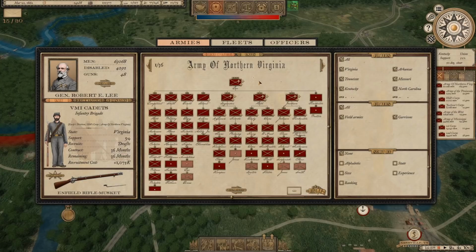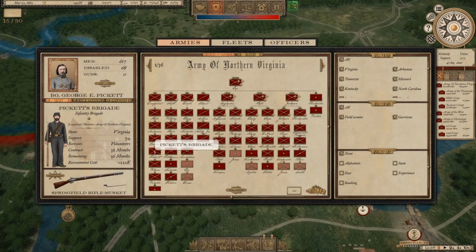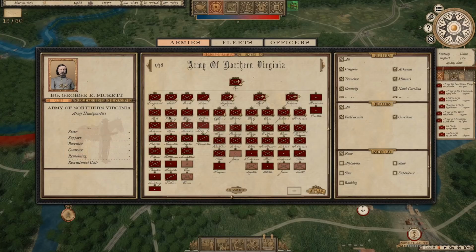Okay, the other request we have comes from Montera Kid, and he asked for a Virginia Infantry Brigade called the Montera Rifles. Now here's the tricky part. We don't have any available Virginia units at this point, or men. I think what I can do, though, is find a Virginia unit of volunteers, say Pickett's Brigade, and we can eliminate them, and that unit will go back into the pool, and now I can go ahead and